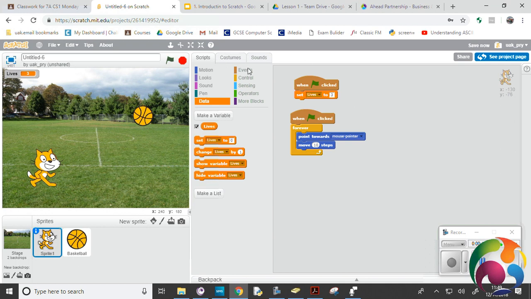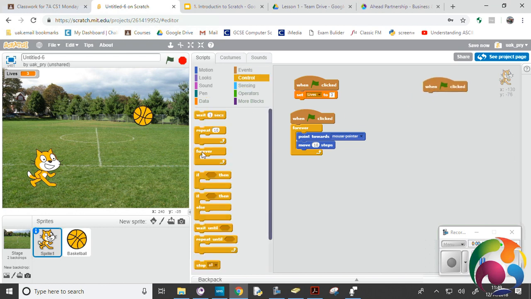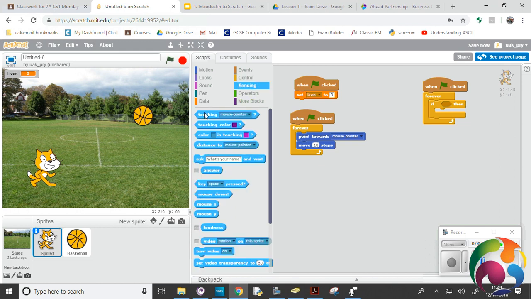Let's say clicked on the cat. That's going to create an event, and we're going to keep on sensing this forever. So I'm going to keep on asking exactly the same question forever. Is it touching the ball? So you have an if statement. So if, under sensing, I am touching, so it's on the cat, so we're going to say if it's touching